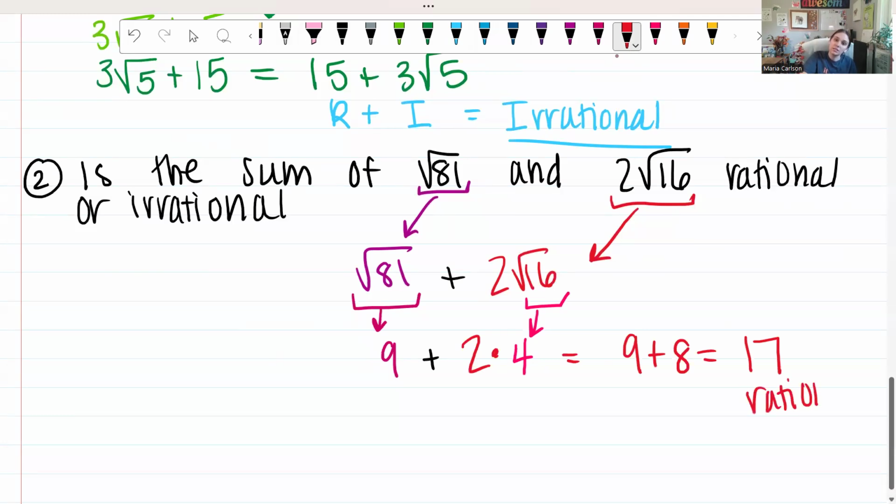I didn't even really need to find this number, I guess. I could have just noticed, hey, 9 is rational, plus 8 is a rational number, so 17 also has to be rational,